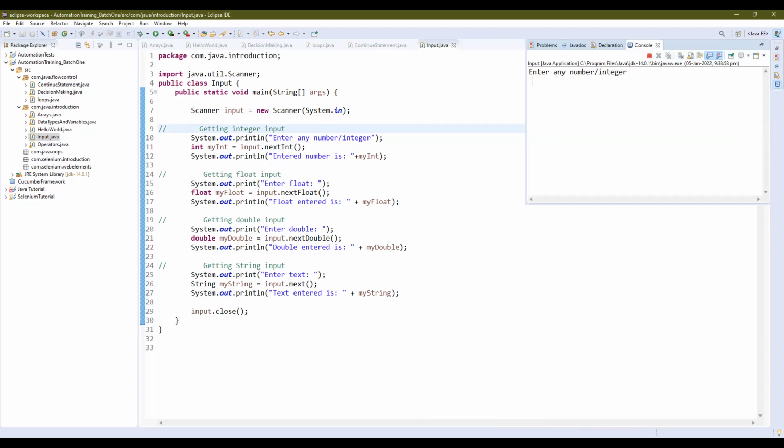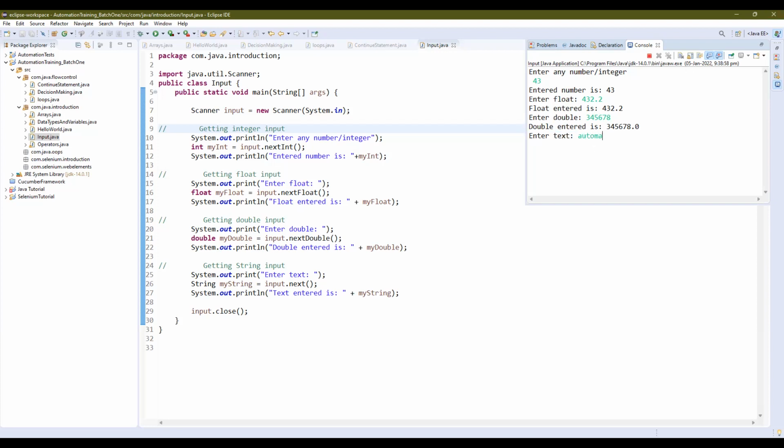It says enter any number. We'll just write it down. Enter number is 43. Then again it asks for a float, and for the double, let's see. Even if you have entered a long integer, it is converted into the double one. You can see the zero is added after the decimal point, right? And the last one is the input string.